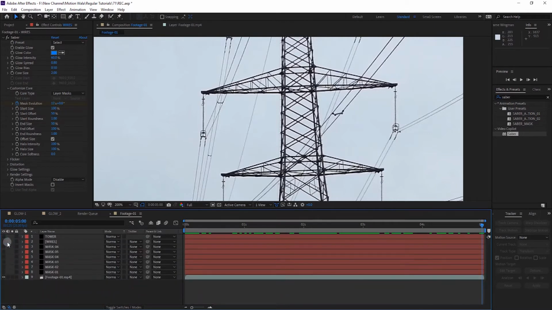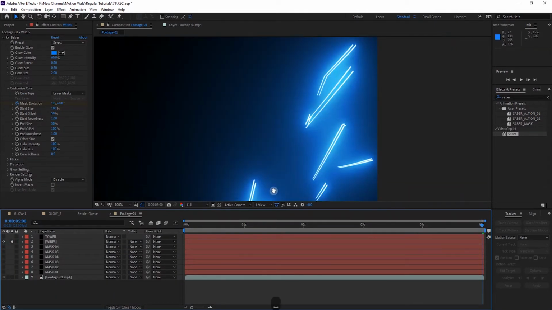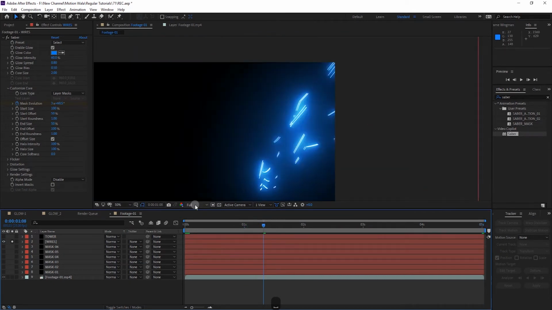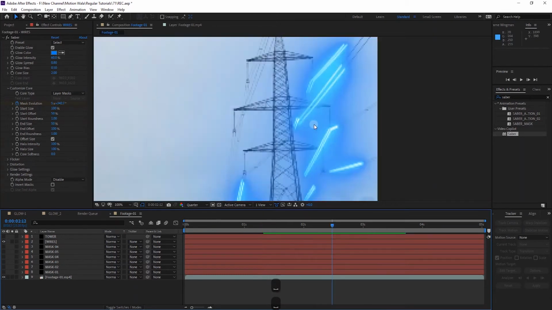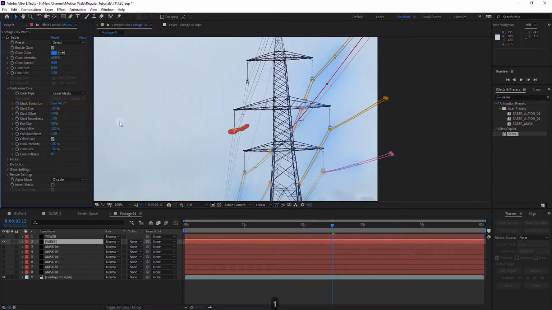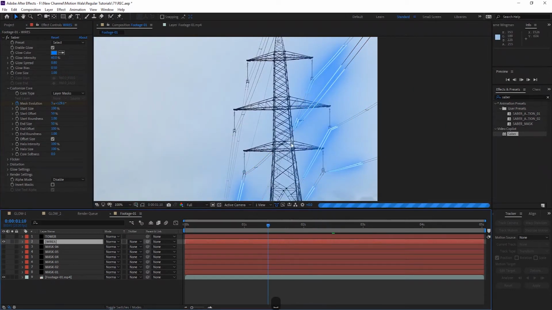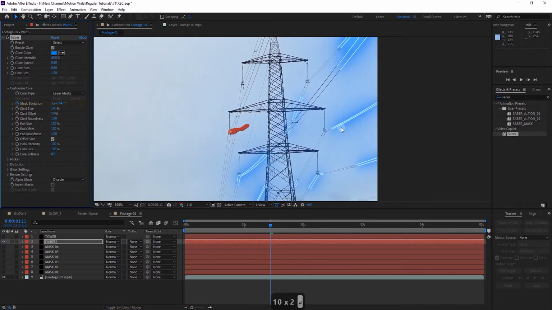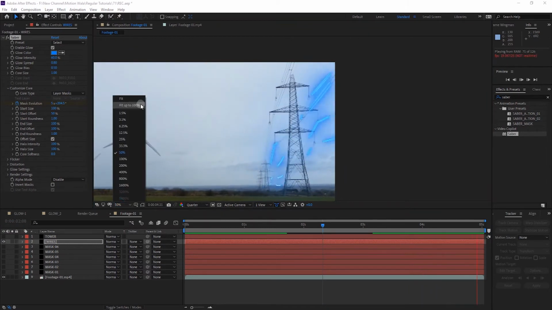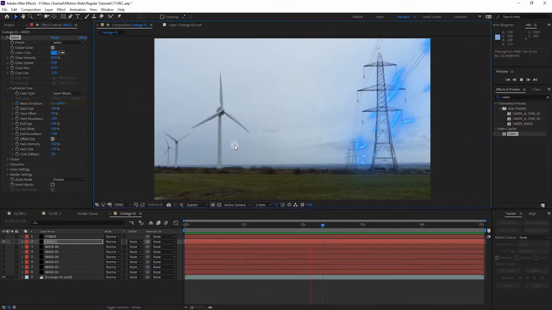And now if I solo this and play it, you can see we have all the wires. Or if I just enable it, you can see the core size value is very high, so I will change this core size to 1, which is okay. Like the same thing, you can use the mask, and I will change the end size of it to 100% again, because we don't need any taper type of thing, we just need all the lines to be similar. So you can see it's looking very good to me.